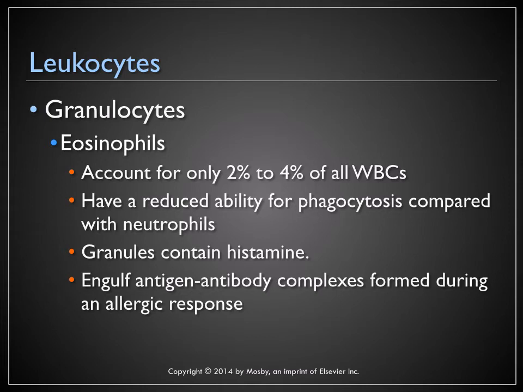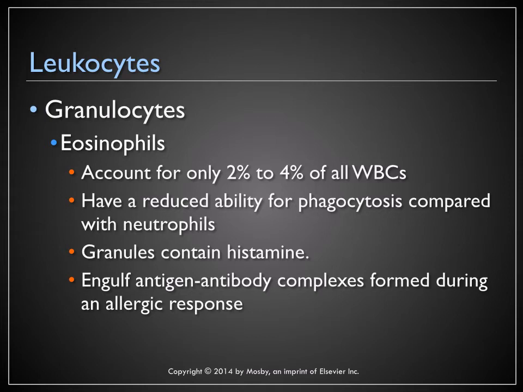They are involved in allergic responses, or some skin diseases, or some cancerous disorders, or some connective tissue disorders. And eosinophils are actually very important in fighting parasitic infections. So this is the only thing I want you to know about these cells: they're only 2 to 4% of WBC, and they have a reduced capability of phagocytosis as compared with neutrophils,